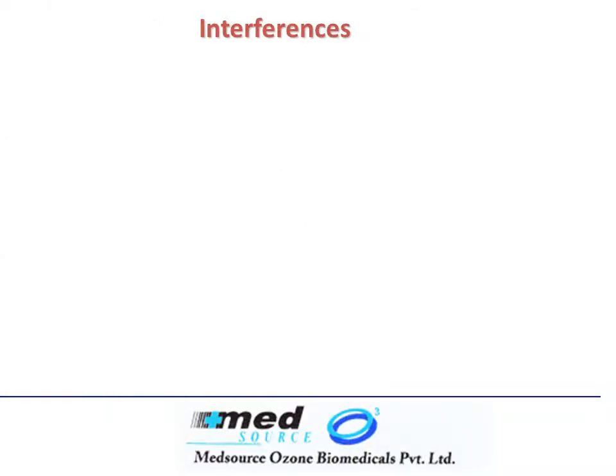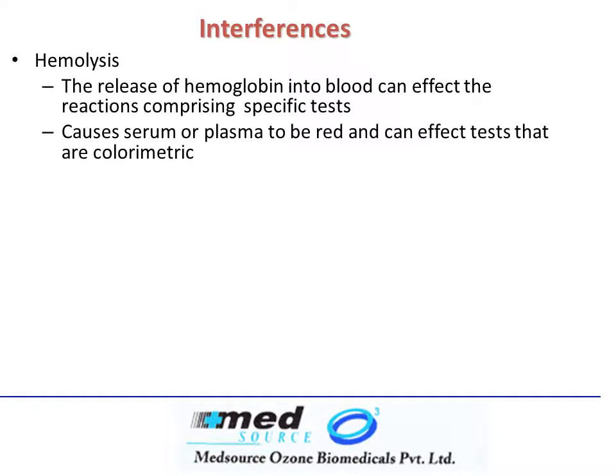Once we understand the different types of biochemistry reactions, we also need to pay attention to certain factors that we know can cause an interference in the results. There are three main well-documented factors which affect the quality of results even if the reagent is good.